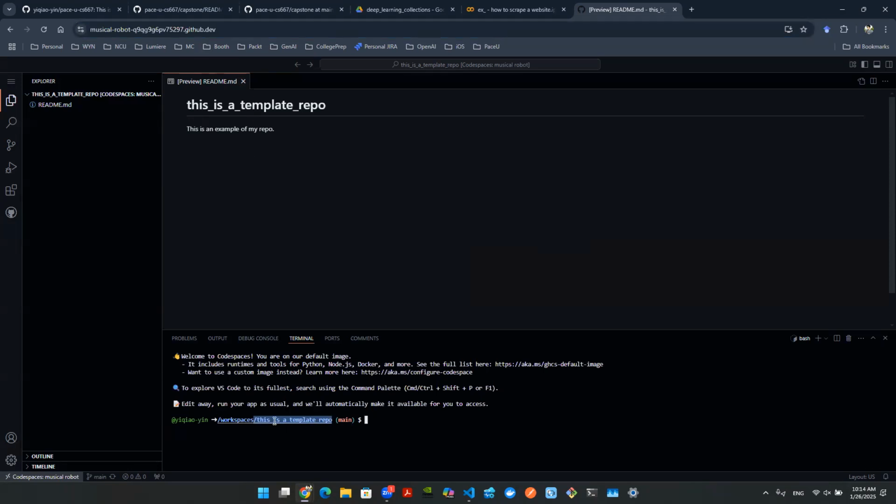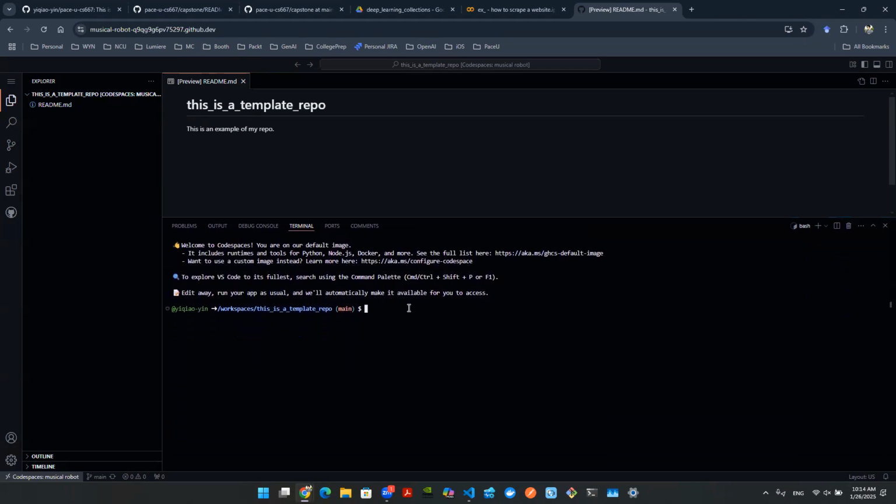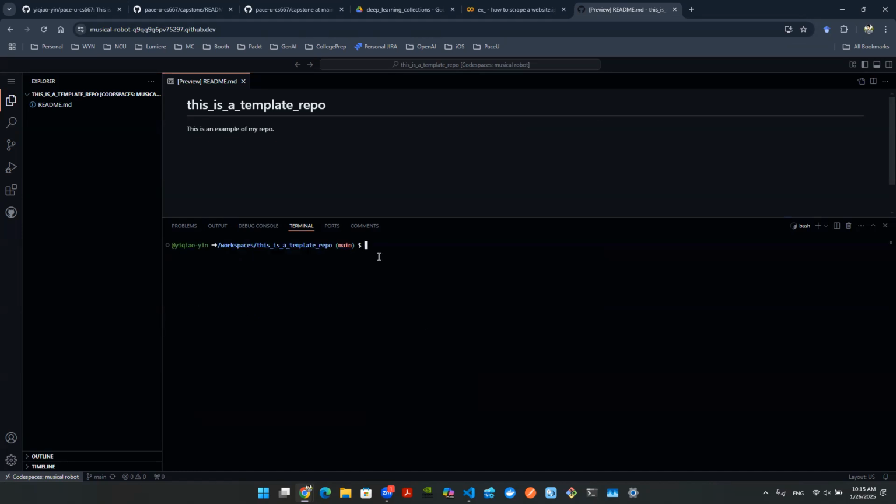In this particular workspace, you have a template repo. So here is what I call a terminal window, and here is where I use command line language, or command line interface, to interact with everything inside of the repository, right? So let's start simple. First things first, we're gonna clean up this script. So what I'm gonna do here is Control L. So Control L, we're gonna clean up this terminal window,